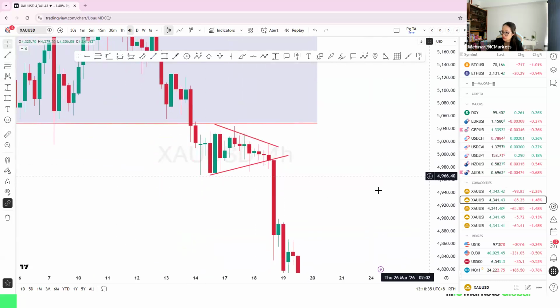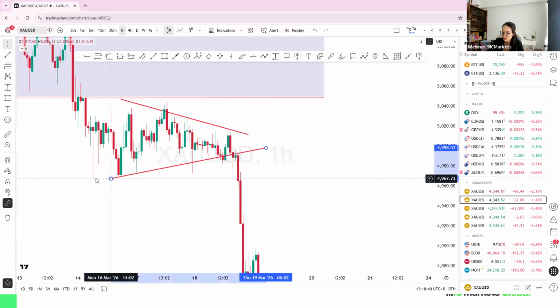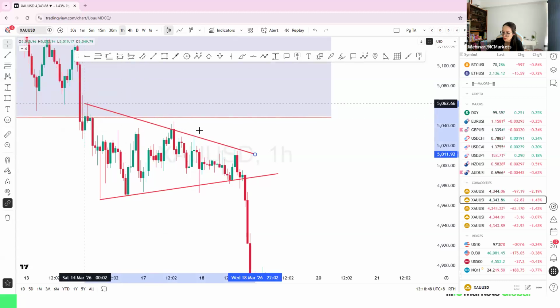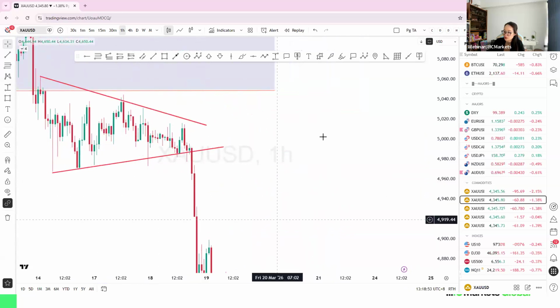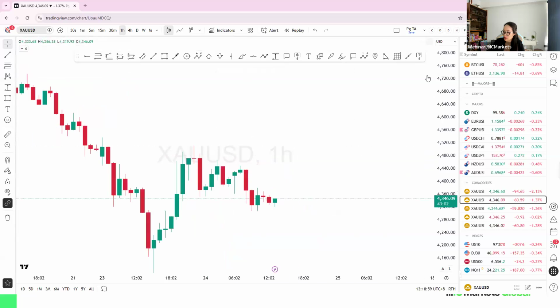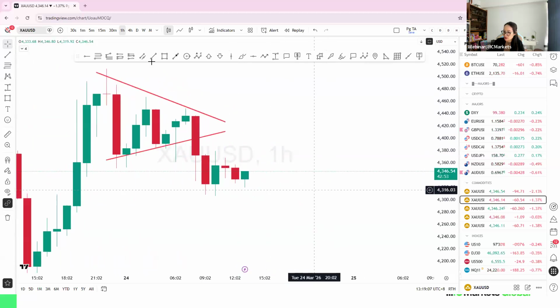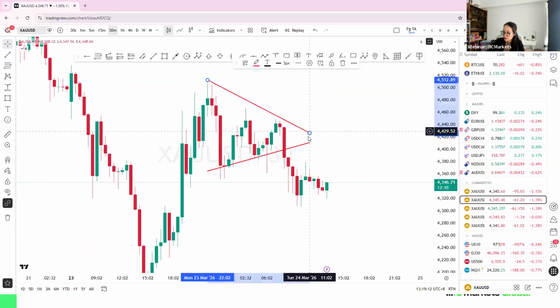triangle. You will see that the pattern keeps repeating. Here, right? Repeating here. This is considered a triangle as well, right? Then after that, they break out and continue to fall. This is for gold. You will see it's very often. So right now, they are also being squeezed in a triangle, and then you can see it's breakout, right? You will see the pattern always